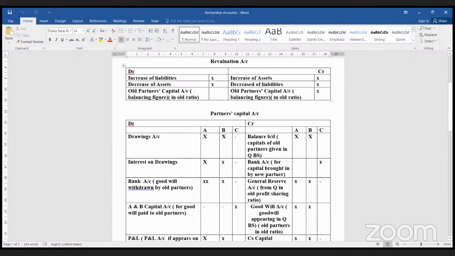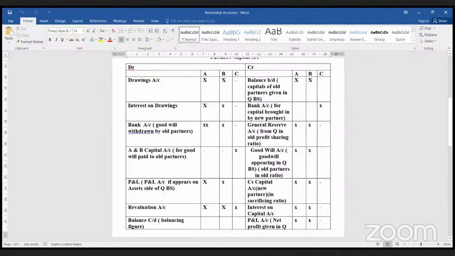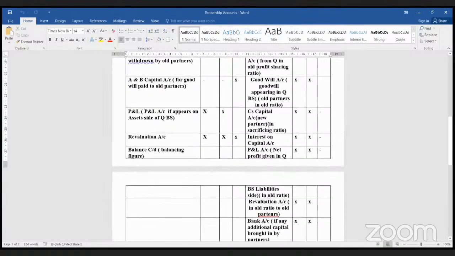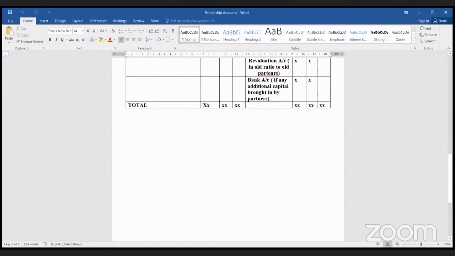We prepare the revaluation account, and from the information, debit side increase of liabilities and decrease of assets, and credit side increase of assets, decrease of liabilities. We will take the difference and carry it forward to the old partners, right? And this is the partners' capital account, what all comes in, and then after this we prepare the new balance sheet, right? Now I would like to say,